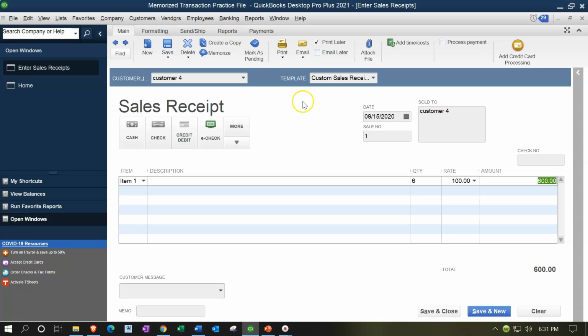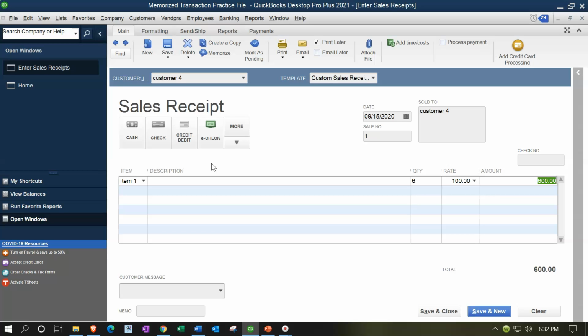Now note that you could set this up to go to the checking account directly instead of undeposited funds, and you could still match it out basically to the bank feeds when they go through. So either method should work if you want to match it out to the bank feeds. If you're getting some kind of e-payments and you need to group them together in some way, you might want to go through undeposited funds if they're going to show up on the bank statements differently than one payment at a time. Or if they are just going to be one payment at a time, you can set this up